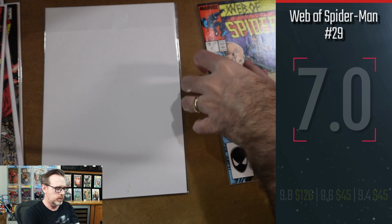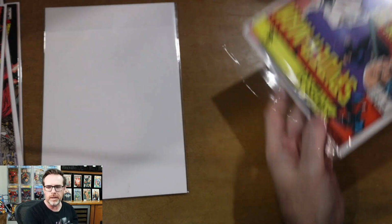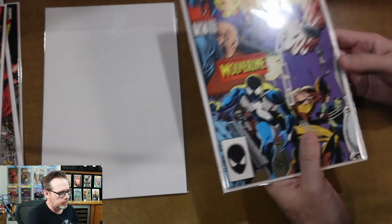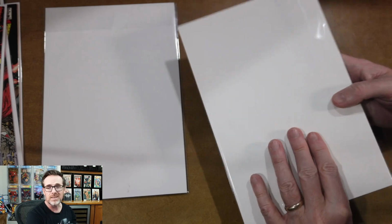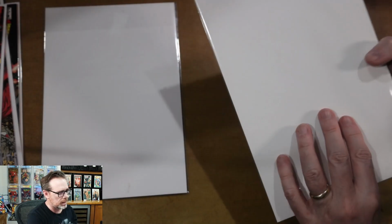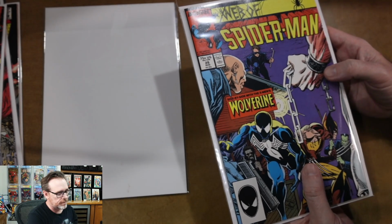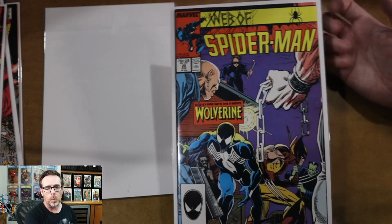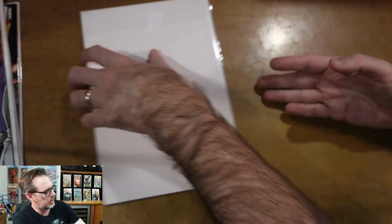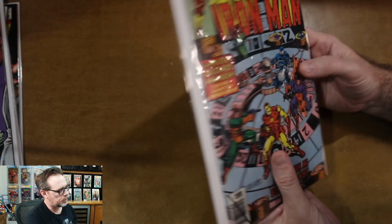And this is where my collecting and categorization of grades has changed over time. This book would benefit from a press, but I don't mark it as such because I don't want to spend my time on this book. I probably have, I don't know how many, hundreds or 1,000 books that would need my attention before this one. I don't know what this book maxes at as an 8. Maybe if I get all of the creasing out with just maybe some light waviness to the pages, I don't know. But taking this book from a 7 to an 8, I often say this too: while, yes, you could challenge yourself to improve the book, why not just get a different copy? So disappointed there, but let's try and end on a high note with the last book, Iron Man